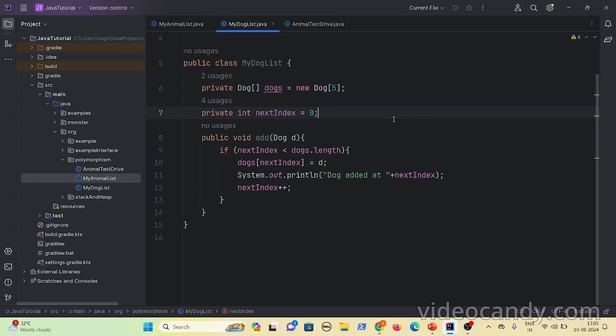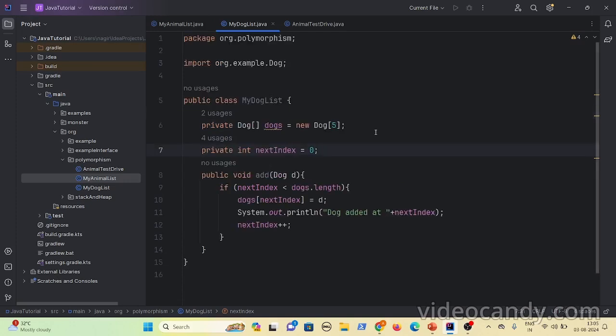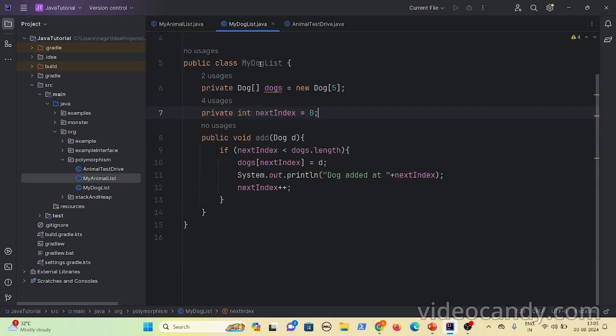Now, I want to prepare an array or list for my dog objects. So I have a dog object and now I have to prepare an array list for the dog object. Instead of using java.util.ArrayList, I am writing my own DogList class. This DogList will store the dog objects. The reference variable here is storing dogs, and the size I have given is 5. So it will store 5 dog objects.